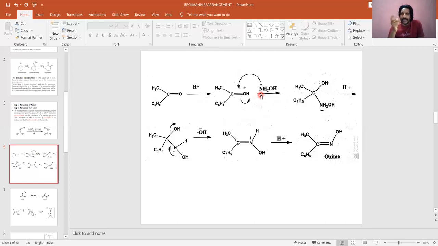But unlike the very common cases that we discussed earlier, where nucleophilic addition is normally a base catalyzed reaction in most of organic synthesis, here it is acid catalyzed nucleophilic addition. So why do we use base catalyzed nucleophilic addition? Because to generate the nucleophile, base reacts with hydroxylamine, and NH2OH will be converted into minus NHOH. Sorry, minus NHOH is a nucleophile.